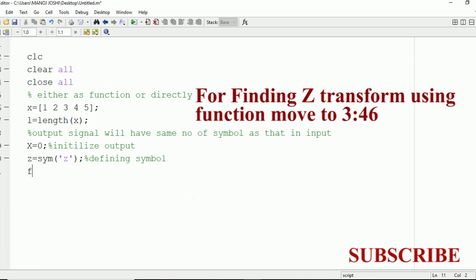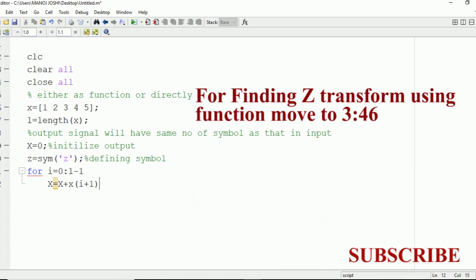Now after defining the z value, we're going to make use of the for loop. The for loop will run from i equal to 0 to L minus 1 as per our formula. Now X is equal to X plus. We are going to add these values one after the other so that we can get the final expression.